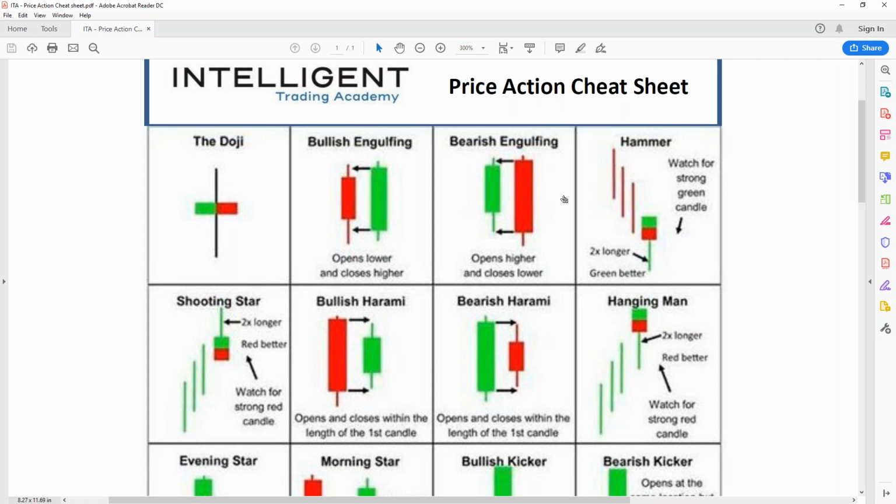The opposite of that is a shooting star. A shooting star is found at the top of a trend, so at the top of a bullish trend, and it's usually where the candlestick has rejected the upper channel of resistance, or price is exhausted through unsustainable moves, be it impulsive or corrected. Ideally, the wick needs to be at least 2 to 3 times longer, and of course the body ideally needs to be red. If it's green, it doesn't necessarily mean it's a failure, but it's obviously less higher probability. Similar to engulfing, you've got the bearish army and the bullish army, which signals that the previous candlestick is greater than the bullish, but this still does signal the opportunity for further downside.